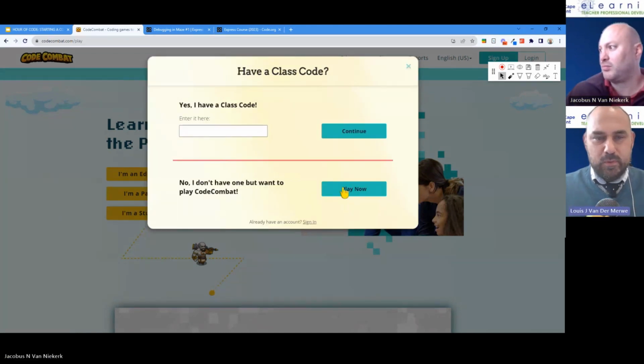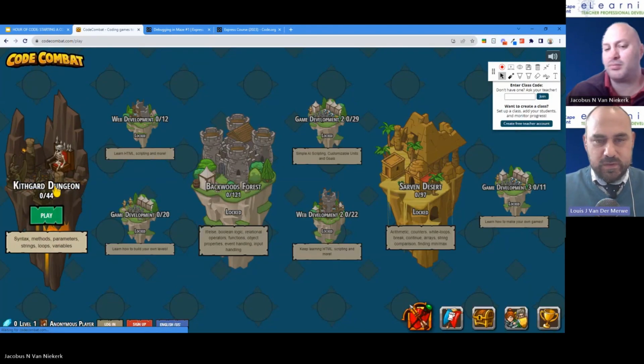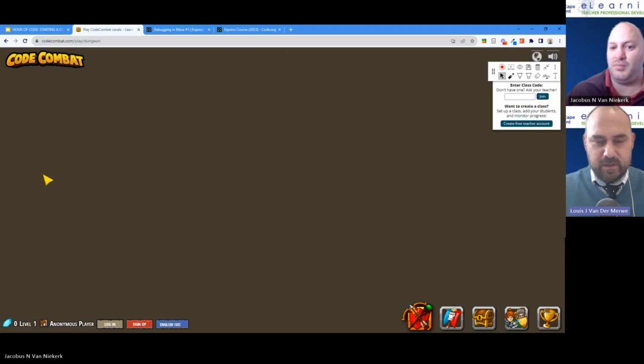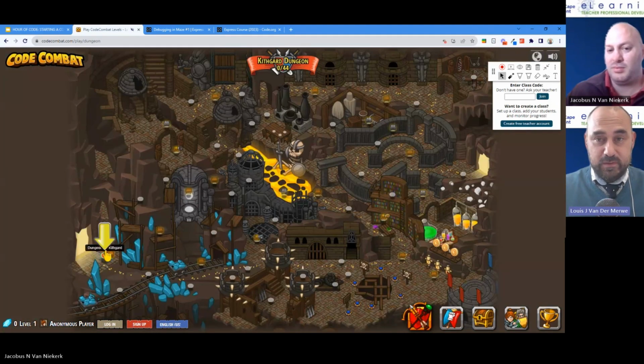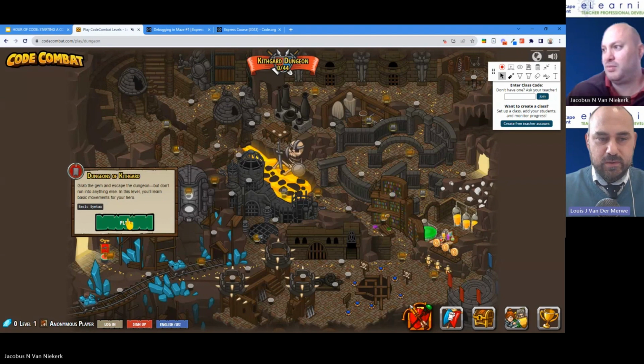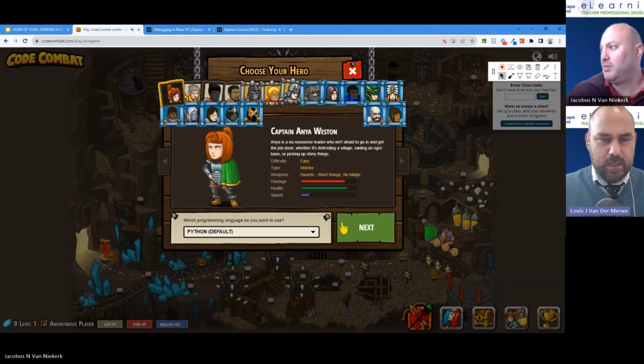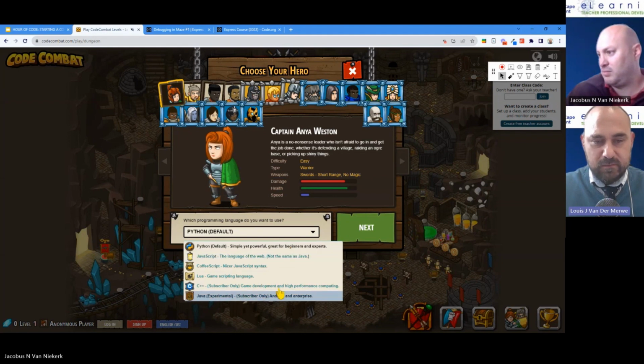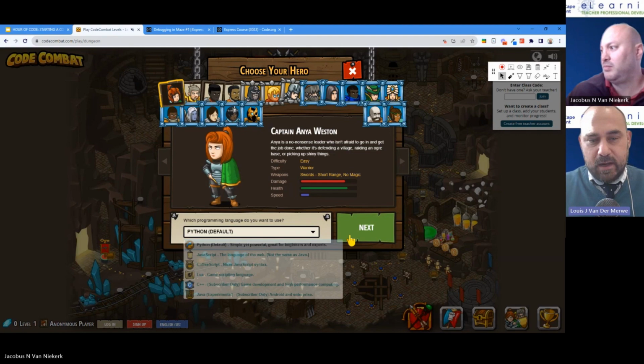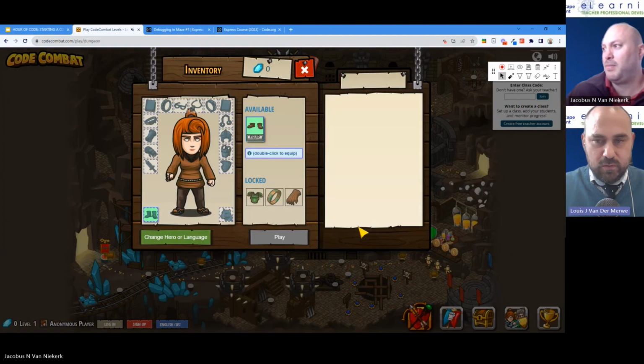It just completely blew my mind that you can have this thing which is perfectly gamified. As a gamer myself, I thought, holy crap, I would have played this so much as a learner. And then I looked at it. You have a choice between what coding language you should learn. I suggest everyone just stick to Python. It's the best first language, or none. And then it teaches you real coding.